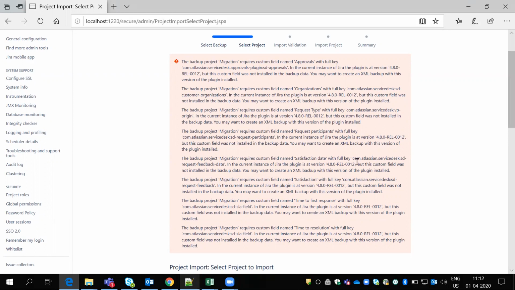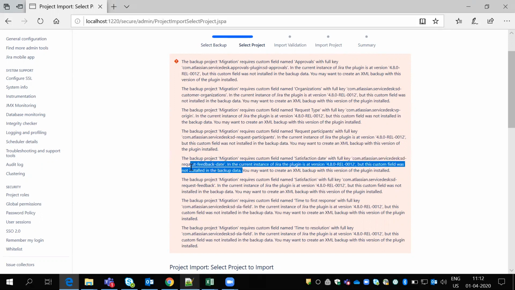See, in every place it is asking the same problem: the backup projects migration required custom field name satisfaction data with full key. So this is the key. In the current instance of Jira, the plugin version is 4.8.011 or something, but this custom field was not installed in the backup data.